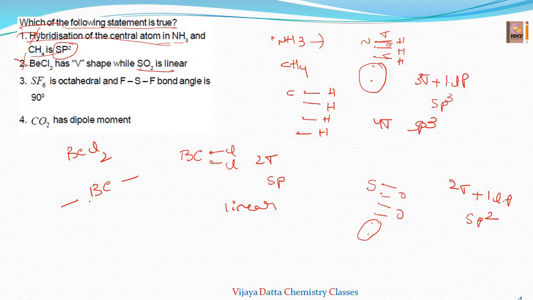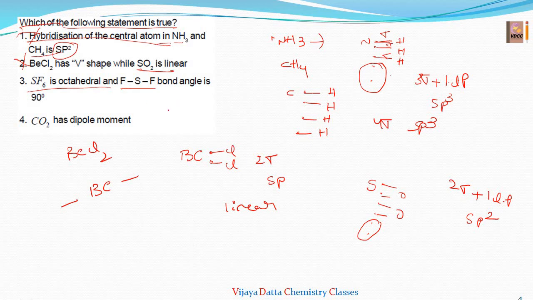Sorry, sp3d2 is octahedral, sp3d3 is pentagonal bipyramidal. These are the shapes of the molecules with the hybridization. We have to identify the hybridization; by identifying it, immediately we are able to identify the structure also. Next, come to SF6, which is octahedral and